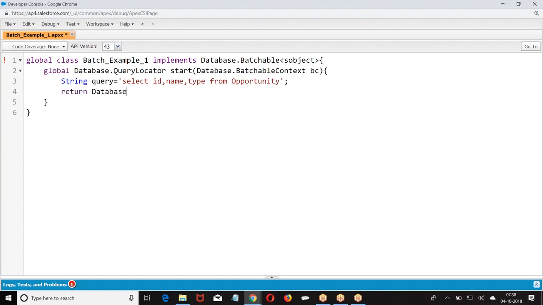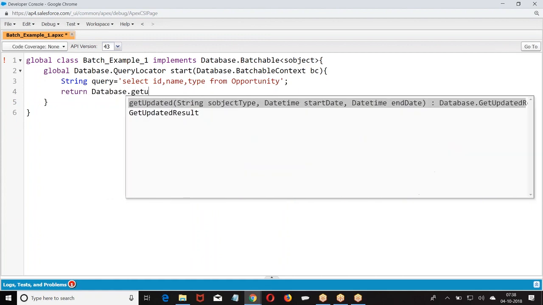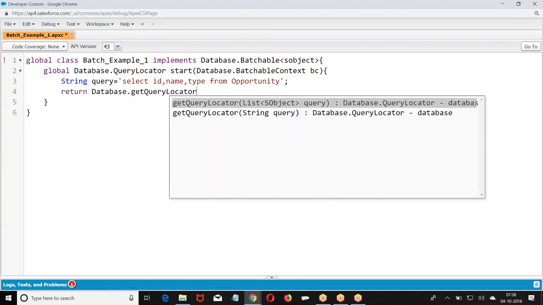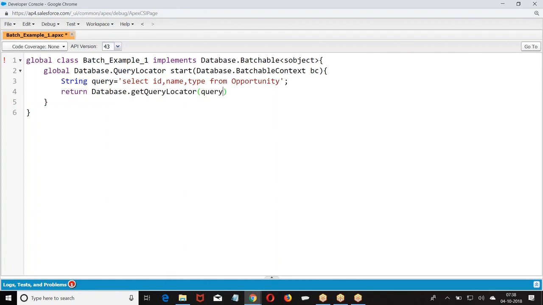Then I'm doing Database.getQueryLocator. Do you remember in SOQL I told there are three ways of implementation? One is array bracket, other one is Database.query, third one is Database.getQueryLocator.